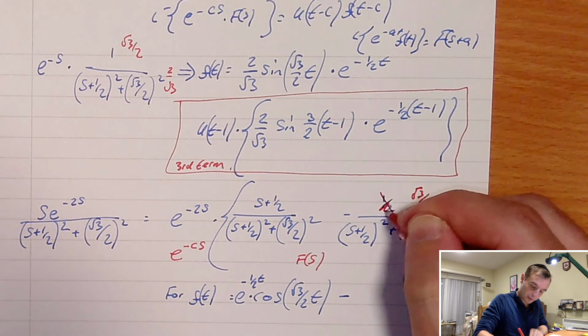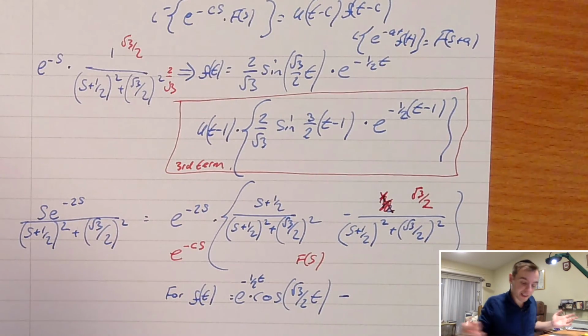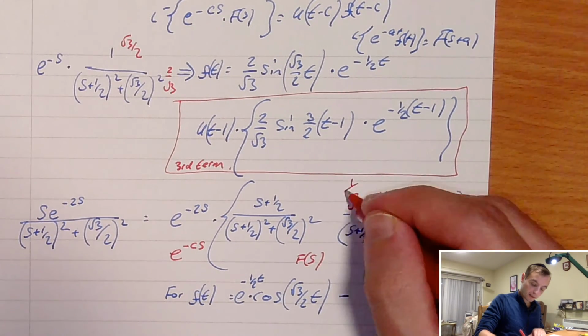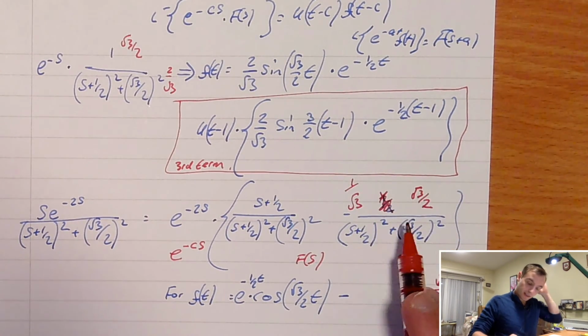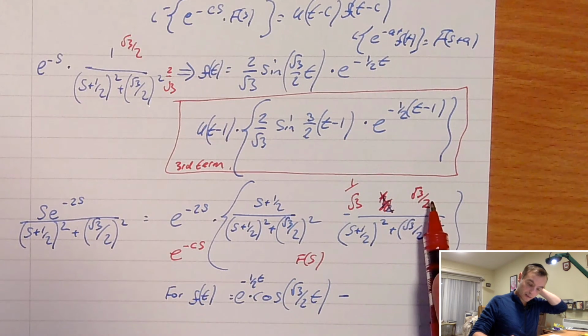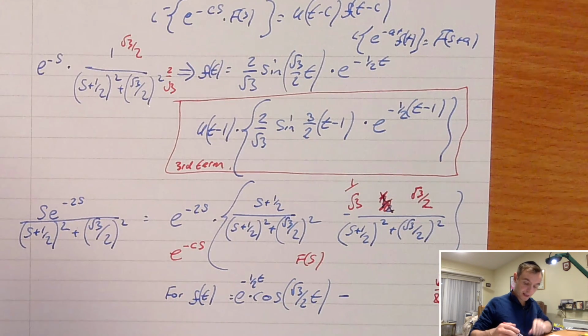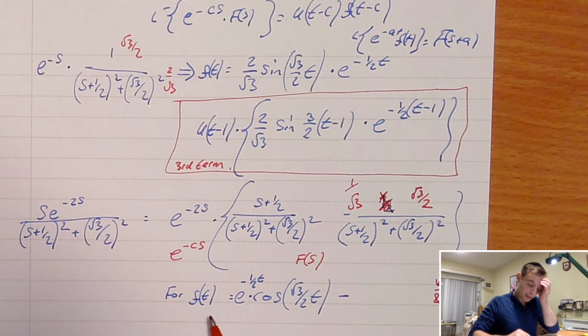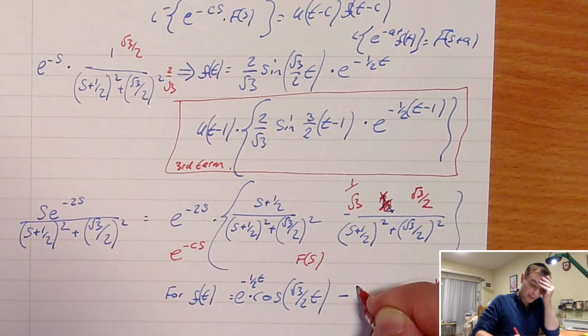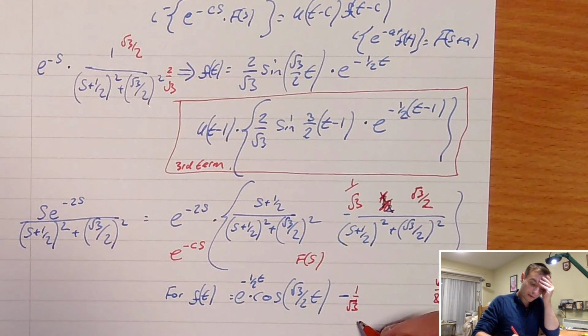And we'll cross out the half because we don't like the half. Well, we can't really just do that. We've got to multiply this by something, times 1 on root 3. And that's obviously going to give us 1 on 2, isn't it? Yeah. So if we, oh boy, so this is f of t minus 1 on root 3